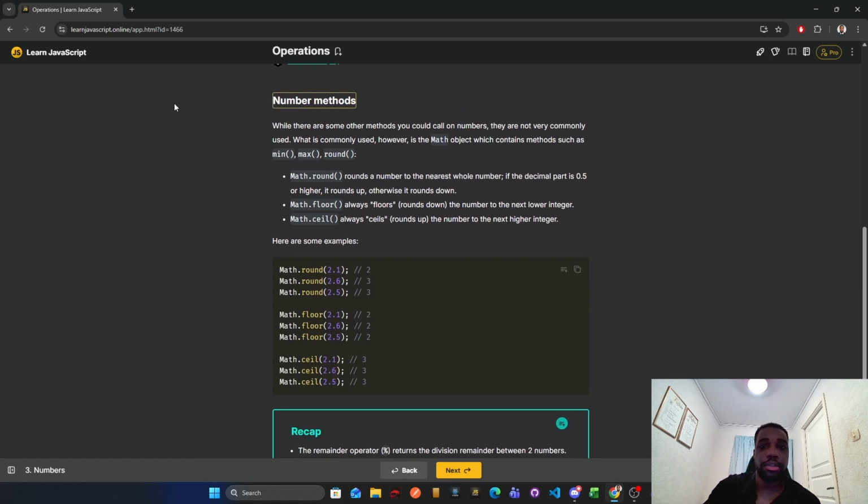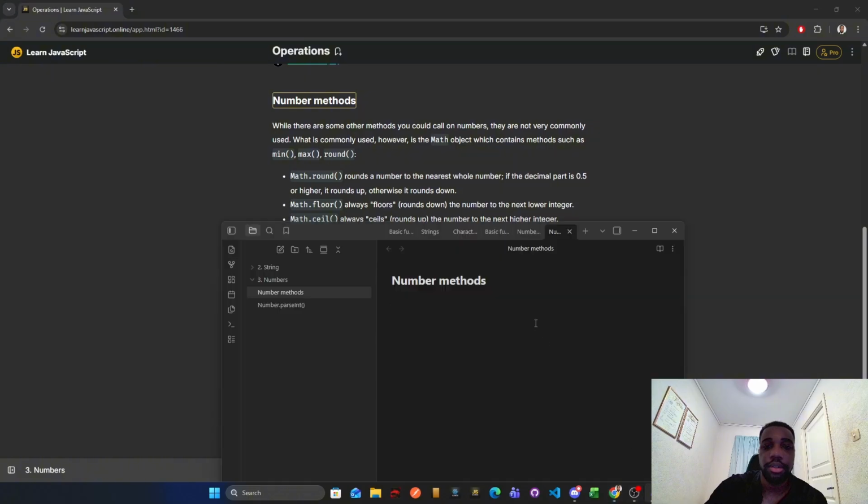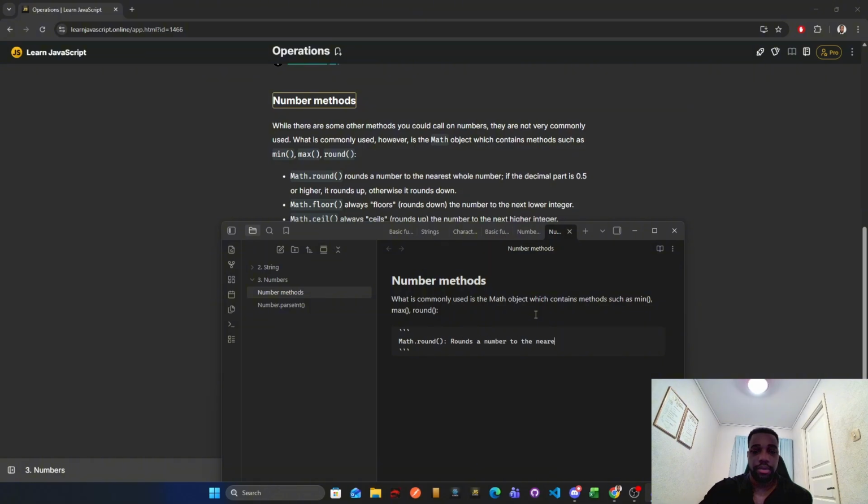So while there are some other methods you could call on numbers, they are not very commonly used. What is commonly used, however, is the Math object, which contains methods such as min, max, round. Okay, so we're gonna do this. So Math.round rounds a number to the nearest whole number, and Math.floor